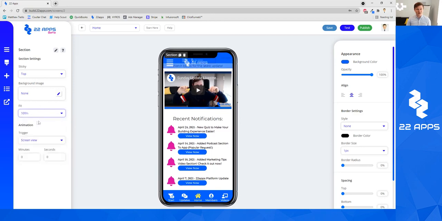So you can see here I can adjust the size of the section to kind of a different width. Animation is if there's a delay of it loading into the page. So as an example, if you want to delay a section from popping up, maybe it shows some kind of offer, maybe it shows some kind of information about a promotion going on, you can delay it a little bit